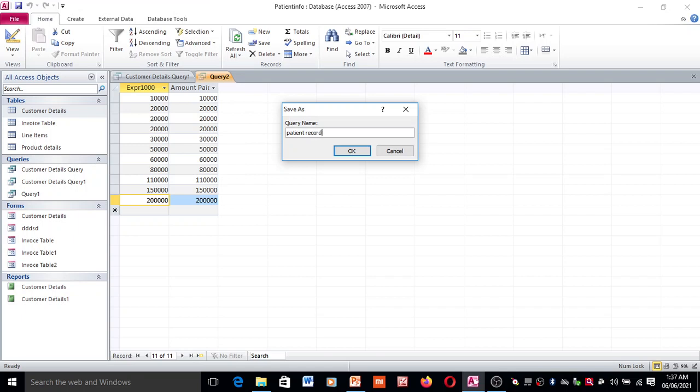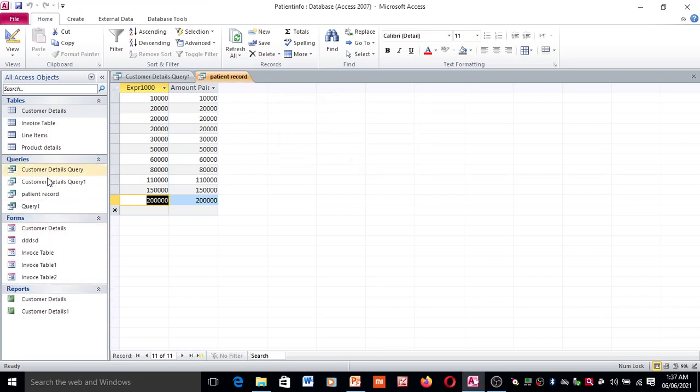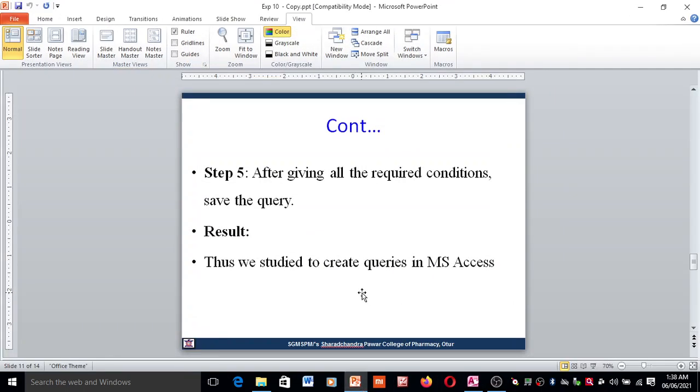Patient record, and you can save these details so that you can use it again. Thus we have studied how to create queries in MS Access.